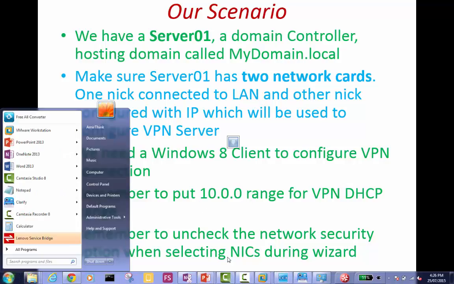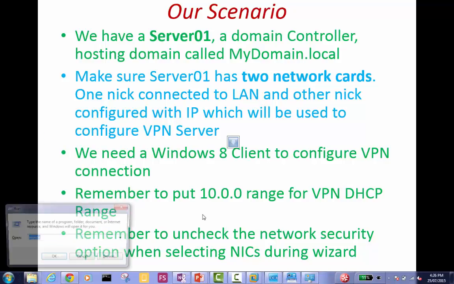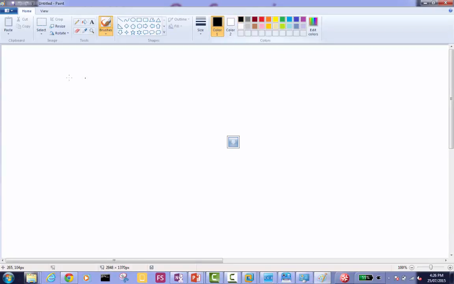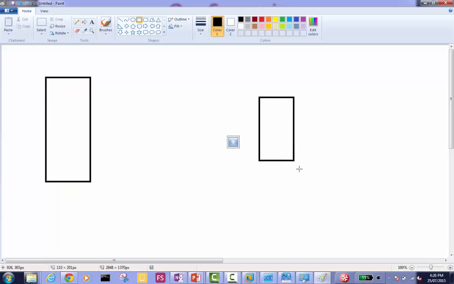Okay, let me draw it now, with our very sophisticated and famous application called MS Paint. There is that server here, and then there is this client we will have, which could be Windows 7, it could be a member server. It doesn't matter. I'm gonna draw the network cards with that triangle thingy diagram. So there is that network card here, and then there is that network card.